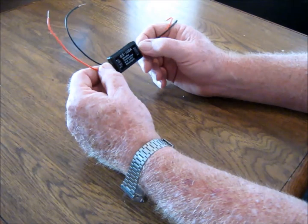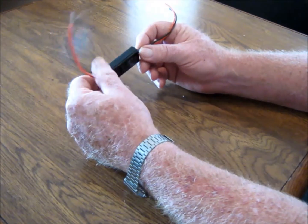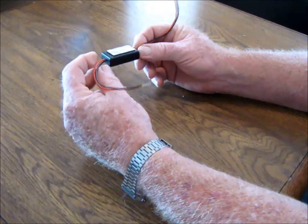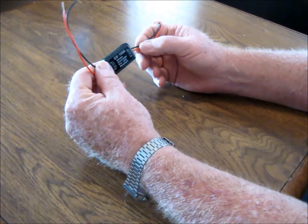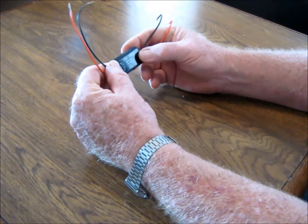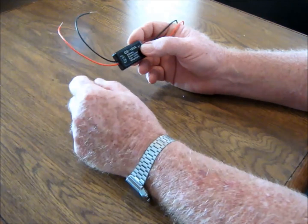It's a little chilly out there right now, around 40 degrees. That's a little cooler than I want to be out there fooling around. But I thought I'd just bring this to somebody's attention. It's not very expensive, not hard to install, and they're kind of a safety thing. It kind of catches a person's eye quicker than just a solid light coming on, you know. Especially if you got the LED